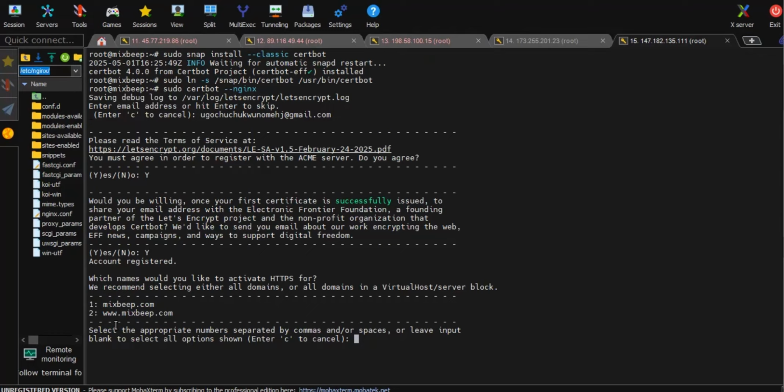So it gives them the numbers 1 and 2. If you want both, enter 1, 2. If you want only the non-www version, you say 1 only. If you want the www version of our website, you say 2. But we want both. We would have specified this with the -d flag, but we chose to follow this one. So what we are going to do is type in 1, 2, which is both of them,